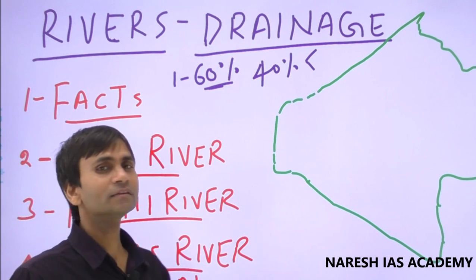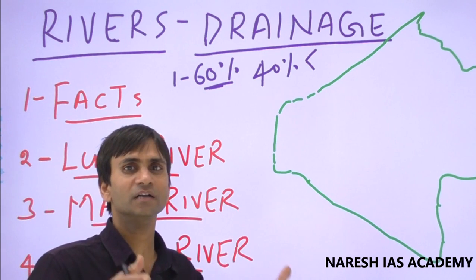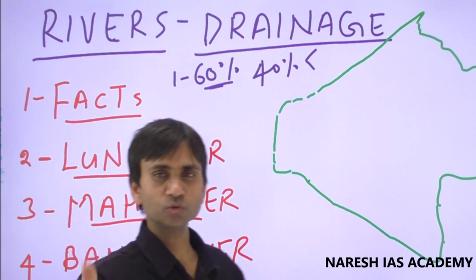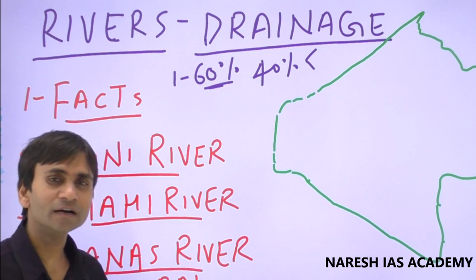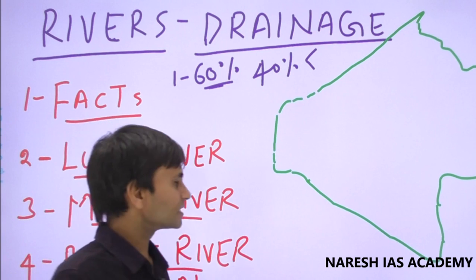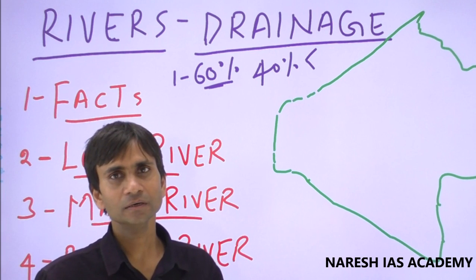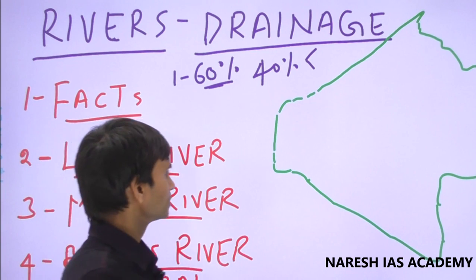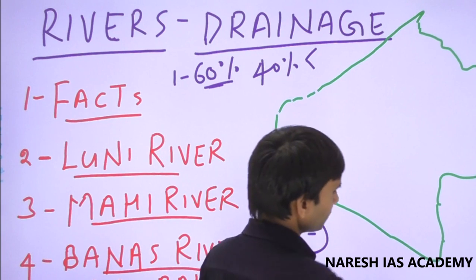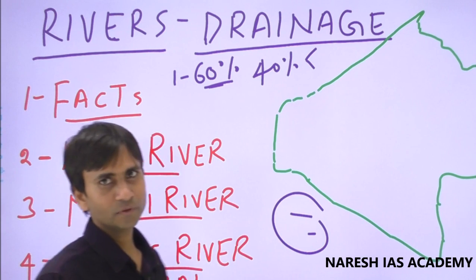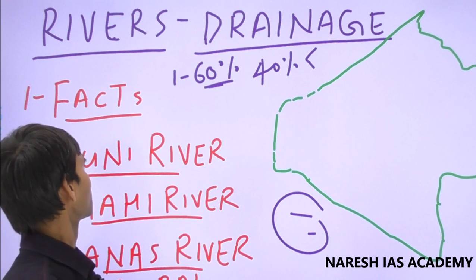There are about 23% of the rivers of Rajasthan which empty into different rivers and they finally end in the Bay of Bengal. Or about 17% rivers of Rajasthan have their drainage into the Arabian Sea through either the Run of Kutch or the Gulf of Cambay. So this is the position of Run of Kutch. This is the Gujarat state and the Gulf of Cambay is below Rajasthan in the Gujarat boundary. Okay, so initially we must know what the drainage system in Rajasthan is.